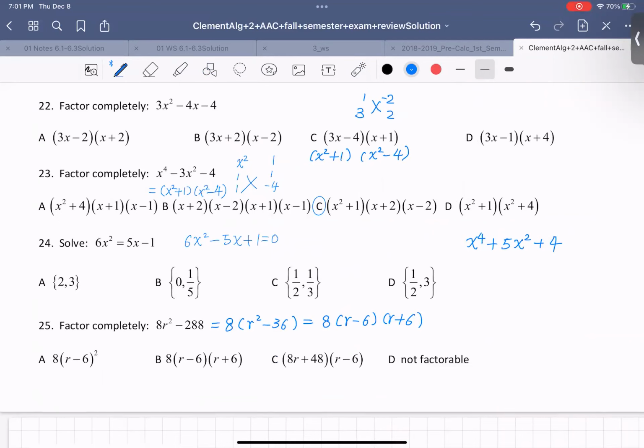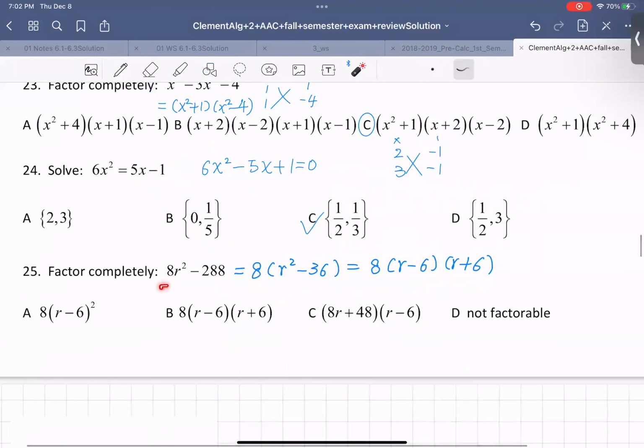How do you factor this one? Go ahead, Ethan. X squared. 6 is a who by who? 2 by 2 times 3. 2 times 3. And 1 is 1 by 1, right? And you have minus, right? So this is which one? C. So yes, it's 1 over 2 and 1 over 3. That's it. Okay. And then when you see that thing, and you say, oh, I don't know who is this,